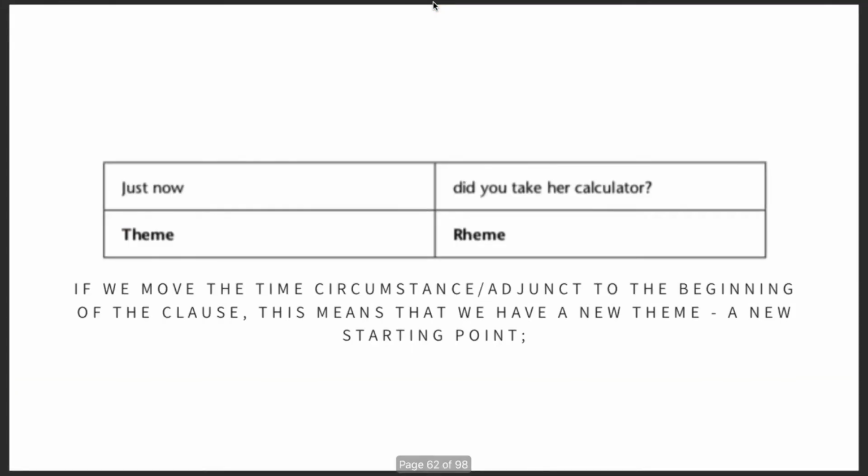So if we're going to move the time or circumstance or adjunct to the beginning of the clause, this means that we have a new theme, a new starting point. In easier terms, we can say that theme is what? The departure of the message. It means to say that we are referring to the